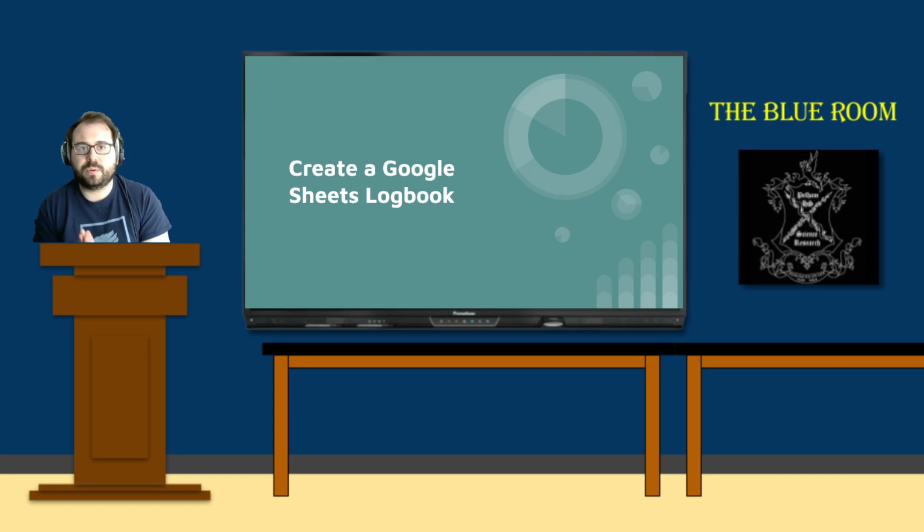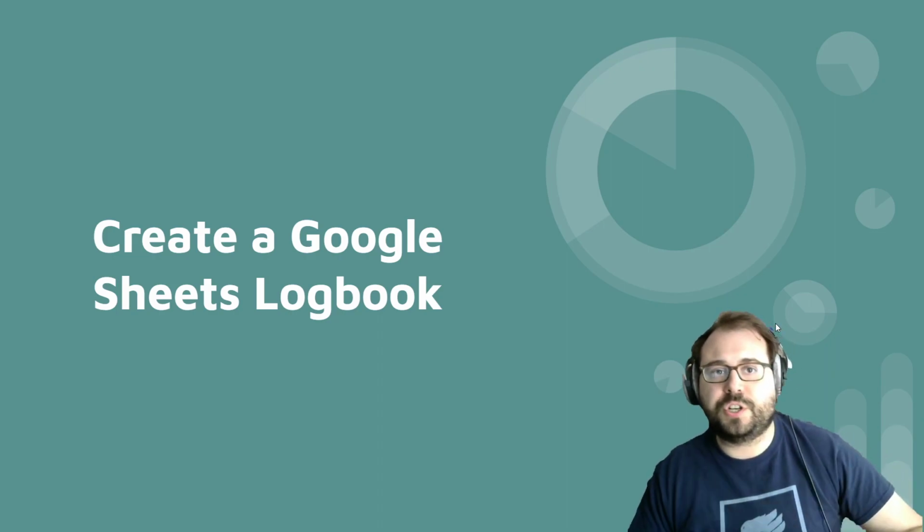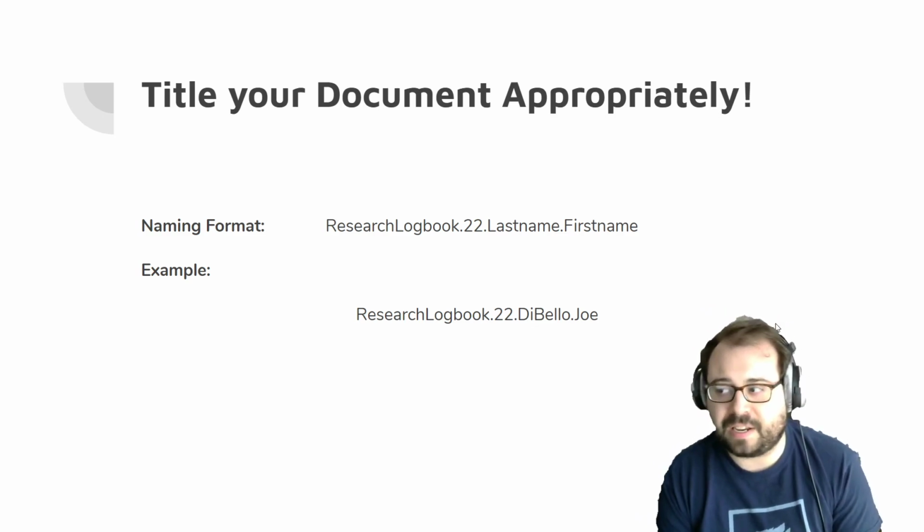I'm going to go through the bare minimum for creating a logbook in Google Sheets for science research, and you guys can be creative and expand upon it if you find it helpful or think it will be useful. So let's get started here. To create a logbook in Google Sheets, first you're going to want to name it. And this is going to be very important because this is how I'm going to find it when I grade